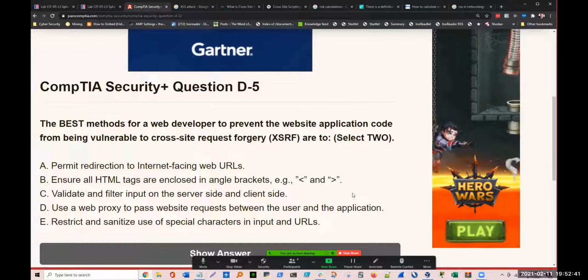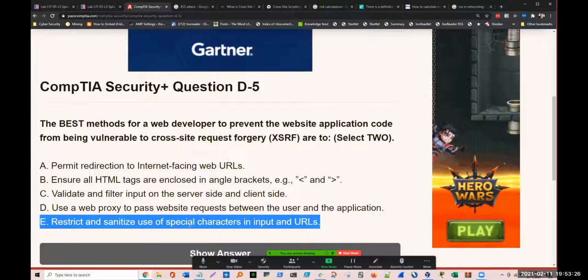Alright, I'll take this one on. The best methods for a web developer to prevent the website application code from being vulnerable to cross-site request forgery are, select two. Permit redirection to internet-facing web URLs. Ensure all HTML tags are enclosed in angle brackets. Validate and filter input on the server side and the client side. Use a web proxy to pass website requests between the user and the application. Restrict and sanitize use of special characters in input and URLs. So,